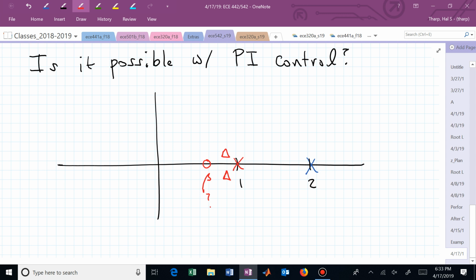But if those triangles are on the root locus, what do I know has to be true at one of those points? One or both? Well, it's going to be true at both points, but I'm just going to look at the one in the first quadrant. If that triangle in the first quadrant of the z-plane belongs to the root locus, what do I know is true? What do I know is happening right at that location?